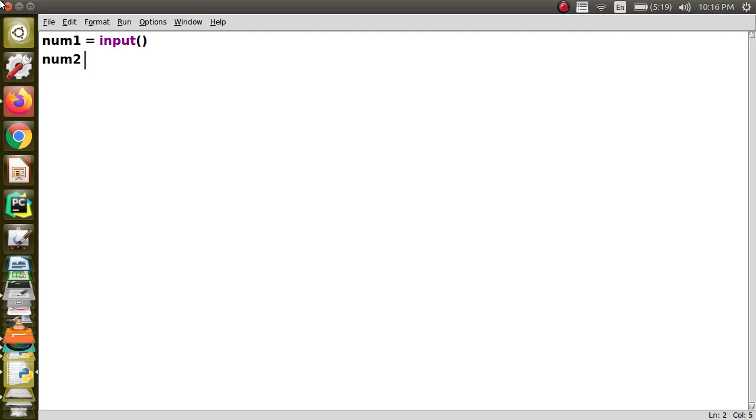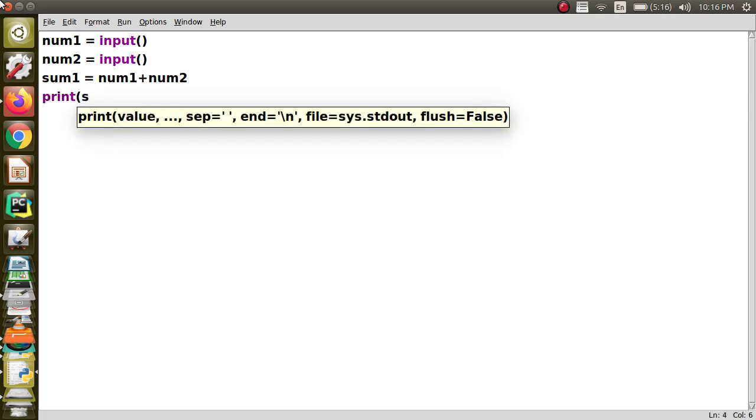To demonstrate that, I will just use input for reading number 1, and then again input for reading number 2. Now I am saying sum1 is equal to num1 plus num2, and I am going to print sum1.